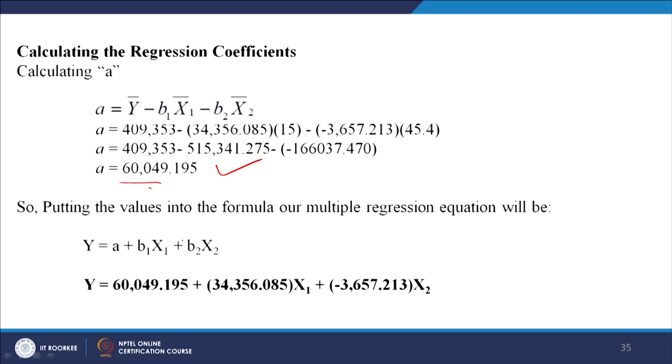So, now if I put the values into the formula, how it will look: A plus B1 x1, plus, this is the minus value, so minus the B2 value, whatever it is, into x2. Now, whatever the education level and the motivation level are, if you know them for a new employee, then you can predict how much sales will happen due to this particular employee. So this is what multiple regression helps you to do. We have done this by hand.